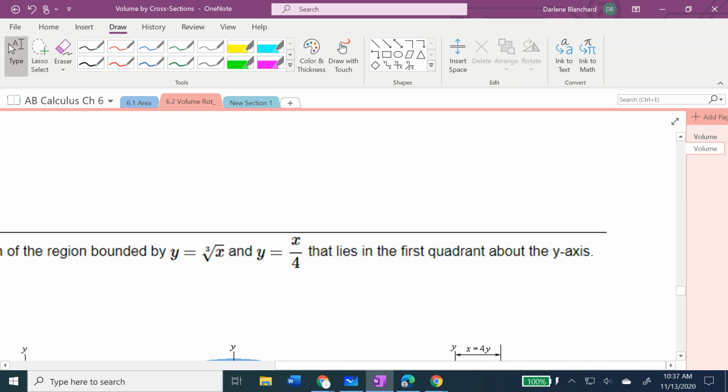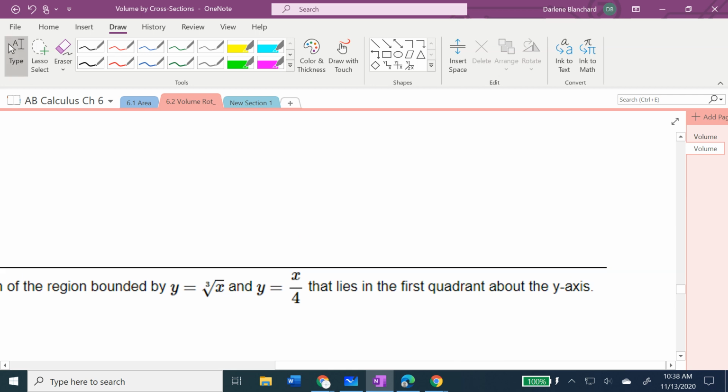So we have a region bounded by the cube root of x and y equals x divided by 4 in the first quadrant and rotating it about the y-axis. Know that you're expected to draw this on your own without seeing the picture yet. So before seeing the picture,